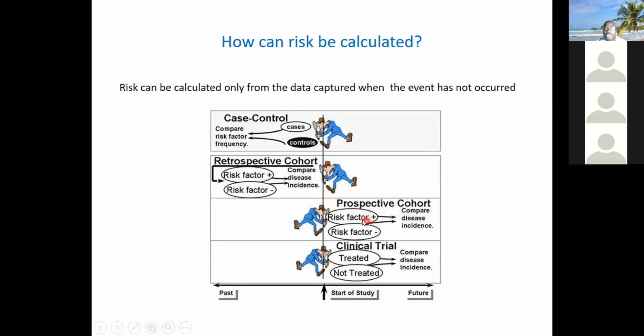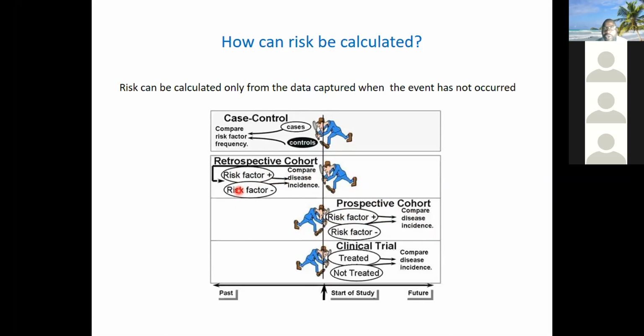Both of them are called cohort. In this one, you start your study at this line. In the retrospective cohort, the record has been there, so it's still a cohort study. The record and the disease have occurred in the past. They have recorded that these people had the risk some years ago, and they recorded that these other people